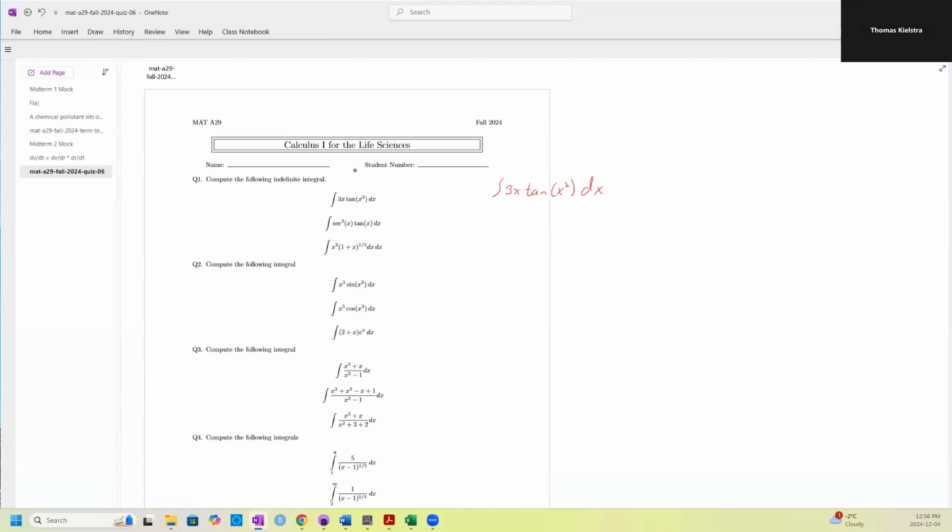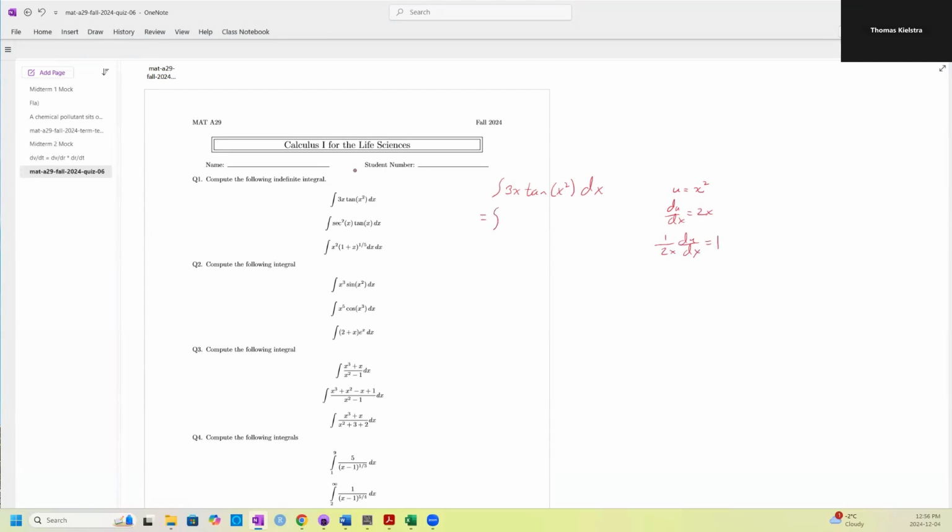Internally, my head's going, okay, u equals x squared. I'm thinking this inside piece here, that is x squared. That's my u. So du by dx equals 2x, 1 over 2x du by dx equals 1, which I can